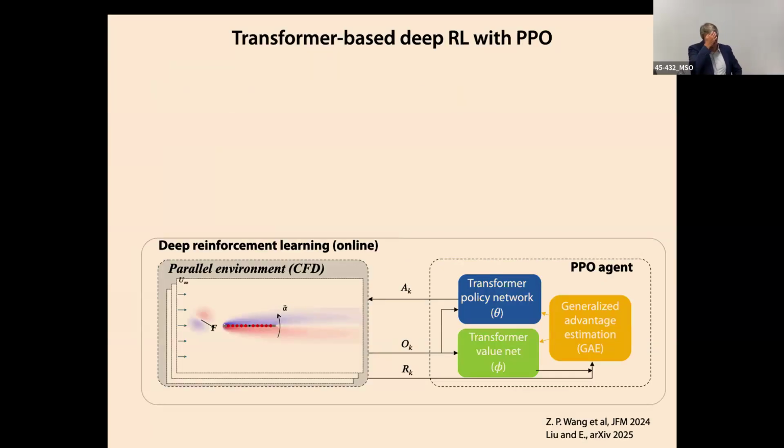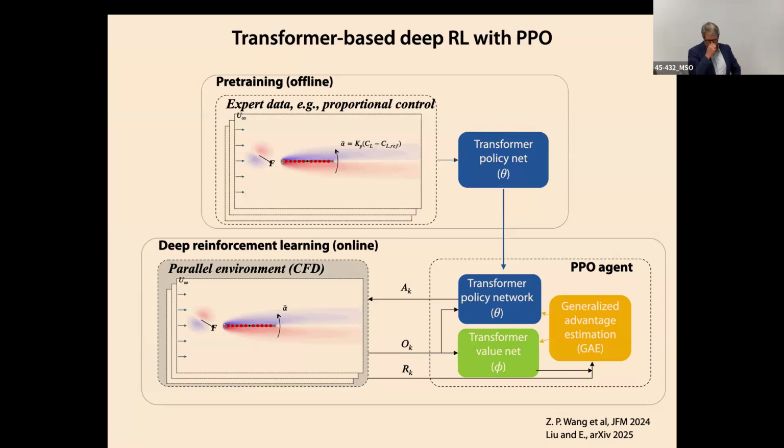So what Zheng did was he just built the idea on that transformer. I won't go into this architecture, but it's the same idea I showed before, just wrapped around differently. It takes an action and puts that into our environments, and the environment gives us back an observation and a reward. This is using what's called proximal policy optimization, which is a pretty standard tool now in the reinforcement learning community.